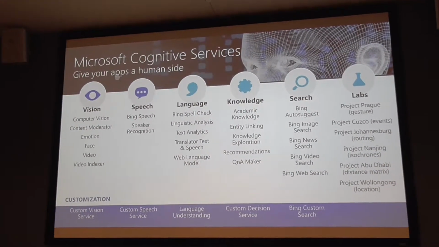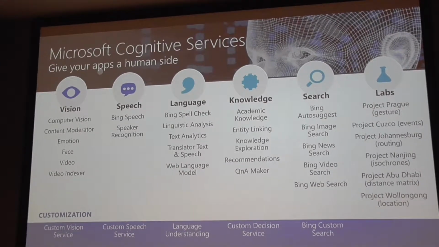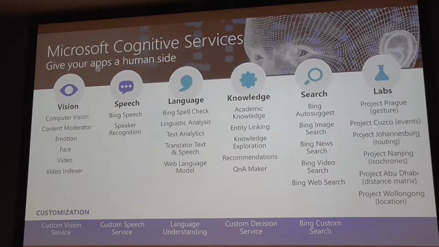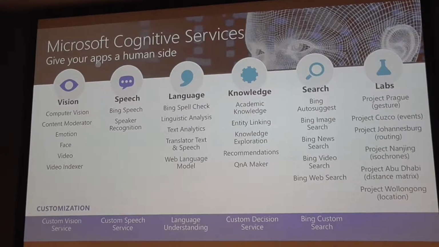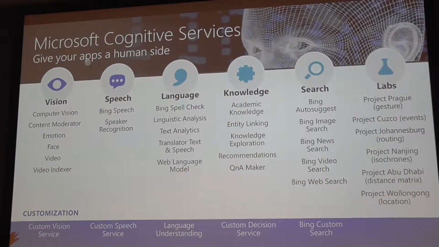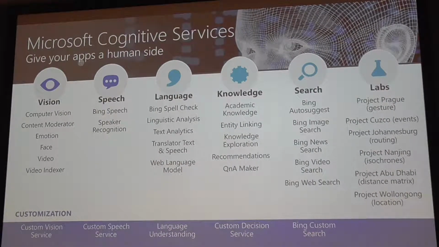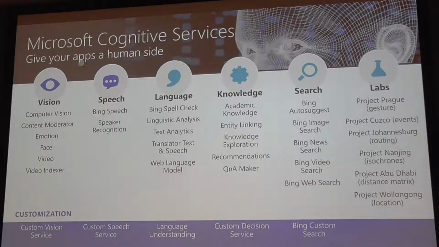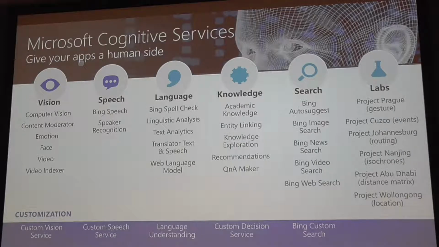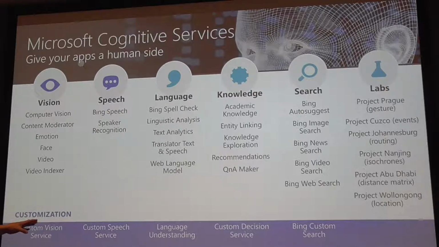Okay, so then we have language understanding capabilities. Let me hold that one for later because I think that one is interesting enough that we should actually go through a demo. For knowledge, we have things like recommendation systems. We have a custom decision service. Just to give you an idea of the type of things that you can do with the custom decision service,